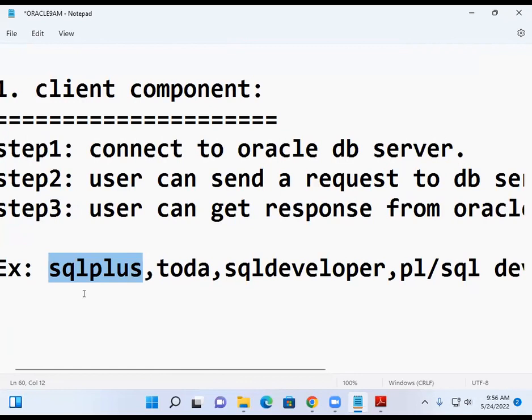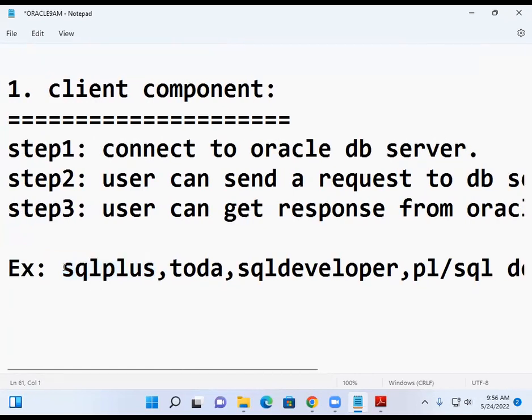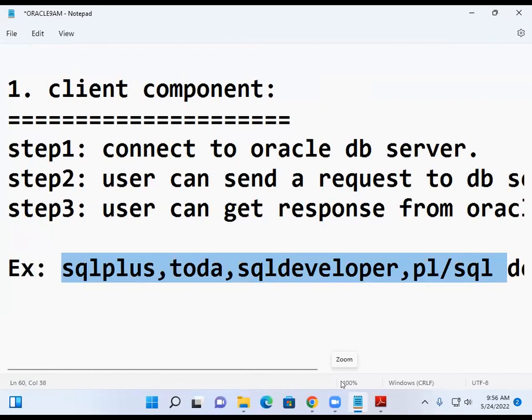In industry, most people use these tools. These are the 4 tools. If any company wants to work on Oracle, out of these 4 they can choose any one as they wish. Here I can't say that you should use Toad or you should use SQL Developer. I can't put restrictions on people. As they wish, they can develop the application using any client component. But your client component is just for supporting the development of your application. That's it. For example, in Java,